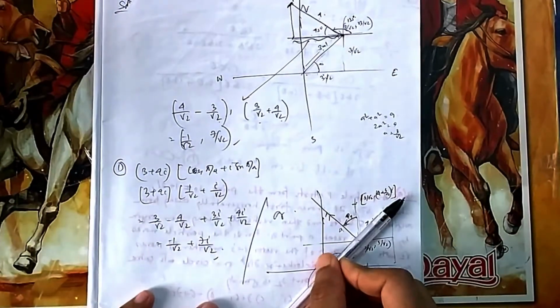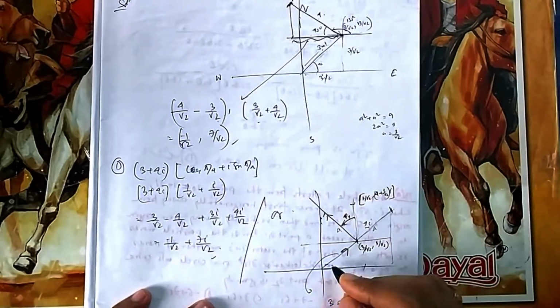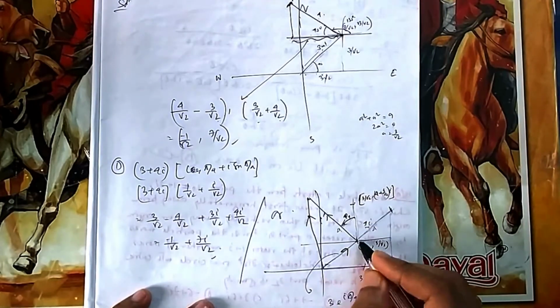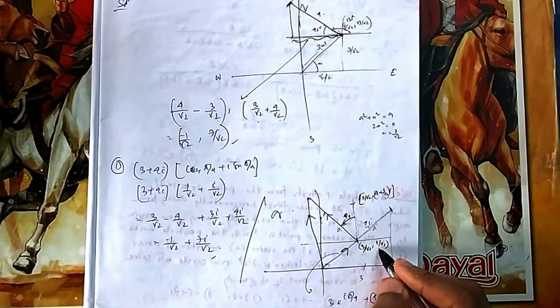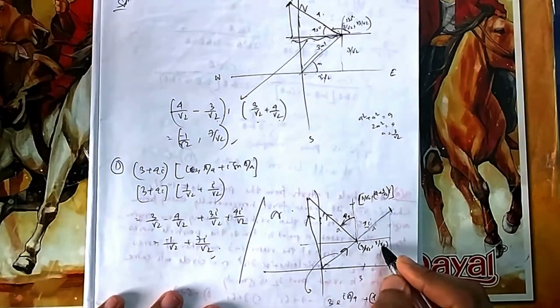You can take a vector, and you can do vector addition. This vector plus this vector will give you this vector. If you come to vector, then you will find, so you need to find this vector. What is this vector? To find this vector, you can write 3 by root 2 minus 3 by root 2. That also you can write 3 by root 2 minus 0 i cap, 3 by root 2 minus 0 j cap.